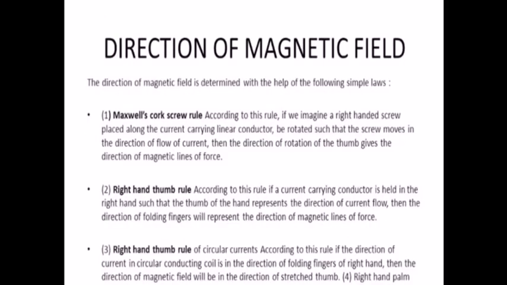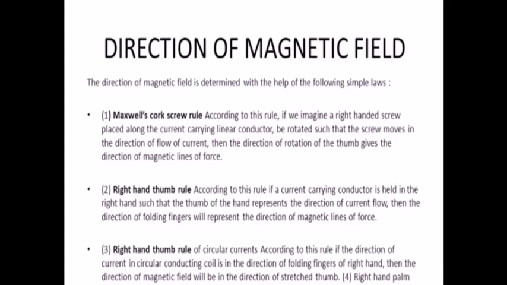Now the magnetic field, if the concept is clear, we are going to make it a little more clear. If the magnetic field is there, it is invisible. Can we find out the direction of the magnetic field? Now the question arises, it is invisible. How can we talk about the direction of magnetic field? Children, it is exactly the same concept that we studied in the electrostatic field. The electrostatic field measure was given by the electrostatic force. In the same way, the magnetic field measure is given by the magnetic force. And there are 4 different rules that we are going to use to find the direction of magnetic field.